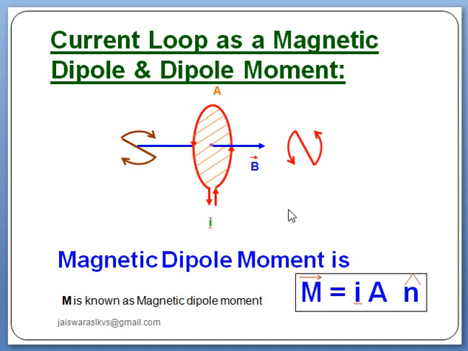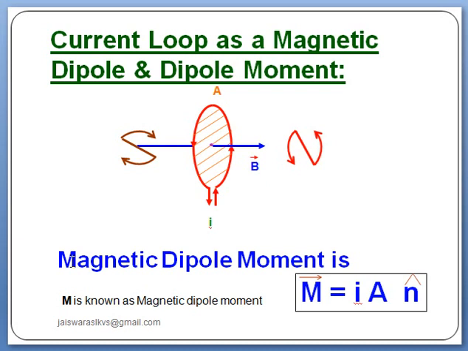So this is how, कहने का मतलब ये है बच्चों कि अगर किसी करंट कंडक्टर में, जो कि सर्कुलर शेप में है, करंट अगर उसने फ्लो किया, तो that current carrying circular coil behaves like a bar magnet. ओके, अब हम देख लेते हैं मैग्नेटिक डाइपोल मोमेंट एक्चुअली होता क्या है.